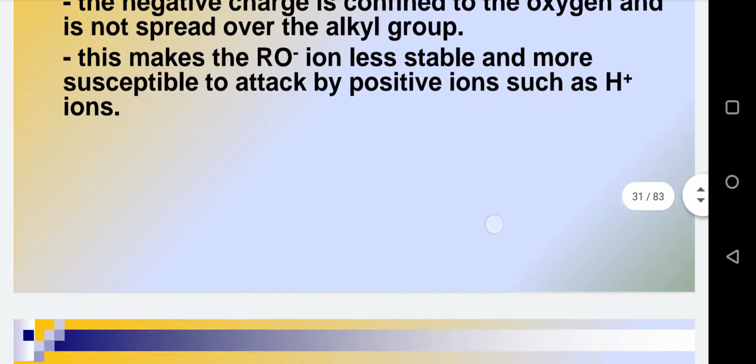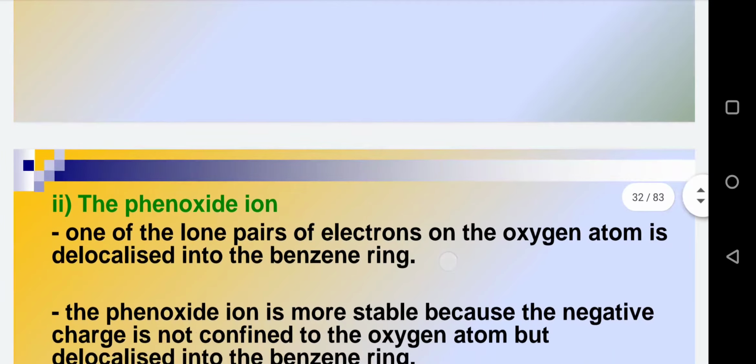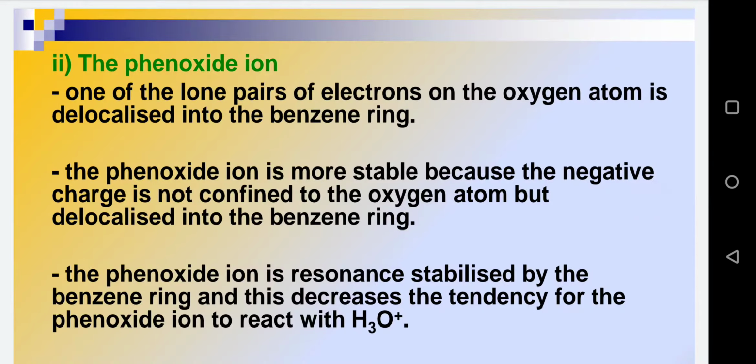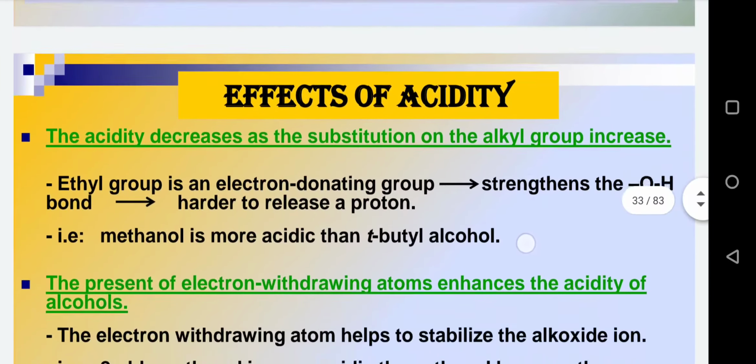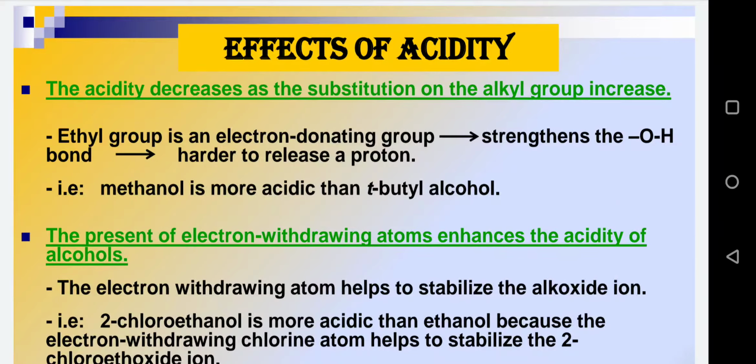So we are done with this very first topic of today's lecture, that is comparison of acidity of alcohols with that of phenols. Now in this next slide we will study the effects of acidity. Basically what we want to see is how the given substituent affects the acidity of a particular alcohol. We can generalize this point: the acidity of a given alcohol gets decreased by the substitution of an electron donating group. That is, if more and more alkyl groups get attached to the particular alcohol, the acidity gets decreased.